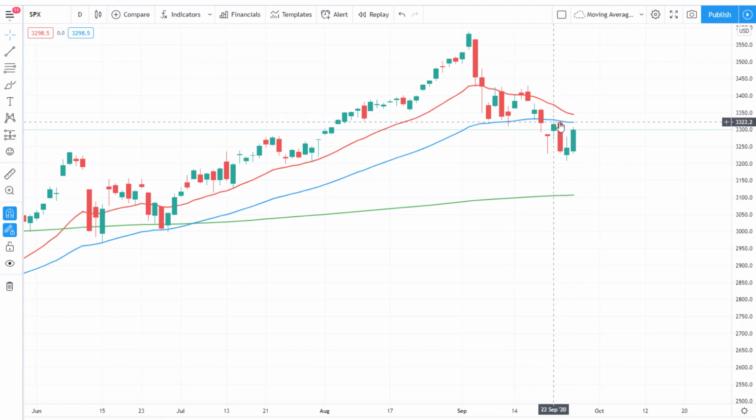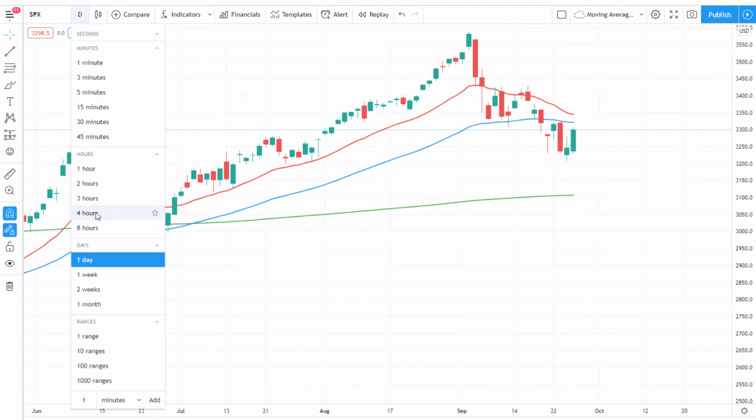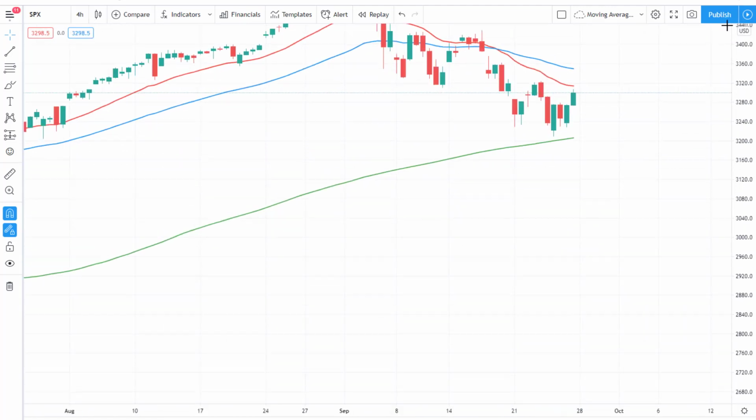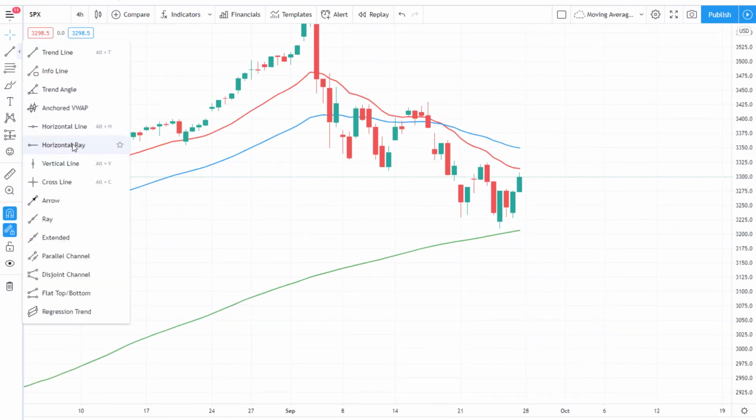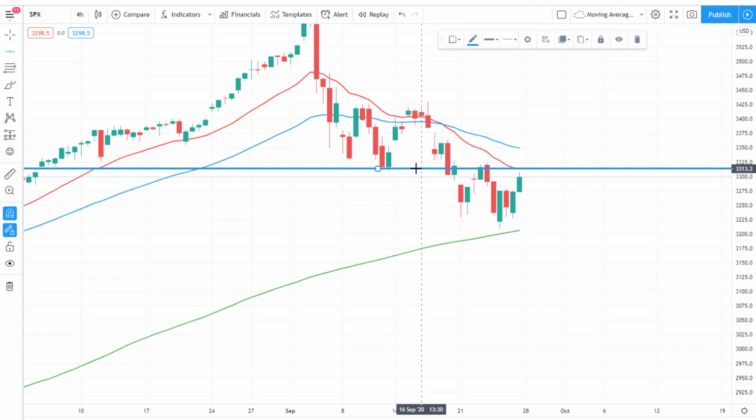Previous resistance where the market sold off will also be the exponential moving average here on the daily on the S&P 500. So the market structure could be pointing at this acting as resistance potentially on the Monday, and then maybe further selling off if we are to see bearish movement. It really is a critical area in the markets right now. When we go down to the 4-hour, the structure becomes even more defined. Let's put the horizontal line on this area right now and talk about it together.